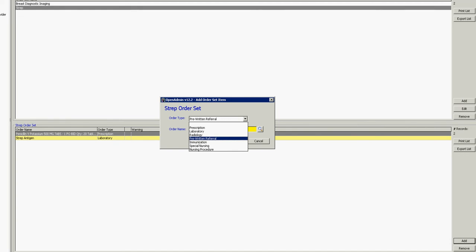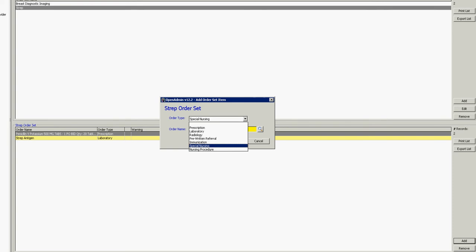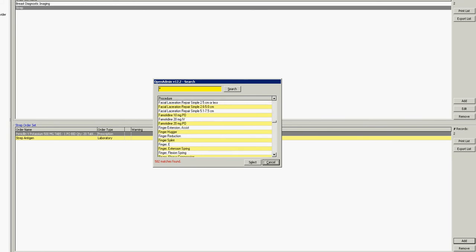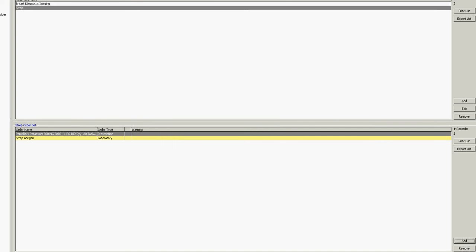Of course, I'd need to know how you want the referral to be pre-written and which test you would need in it for it to come out. We can also add immunizations into an order set. I think of peds, and maybe a 4-year-old immunization set would be great. It would go ahead and order all the immunizations that you needed. Special nursing are things that we've also created that they may use in urgent care that they can use real quickly. And then lastly, we can add in any of our nursing procedures that we have created into an order set. And basically what's going to happen is that if I kept this order set with just 2 things,